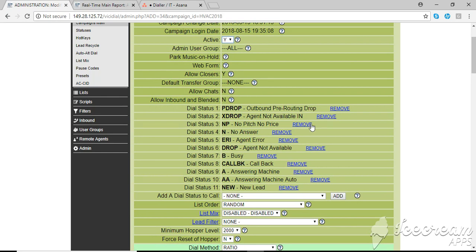All these dispositions that you see are the dial statuses that will automatically get recycled. So let it be outbound pre-routing drop, there would be agent not available on